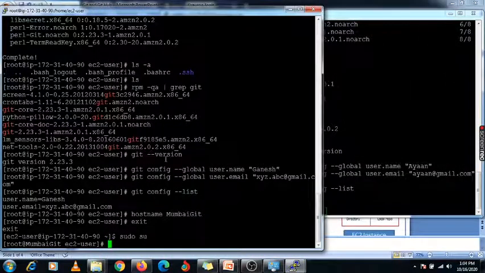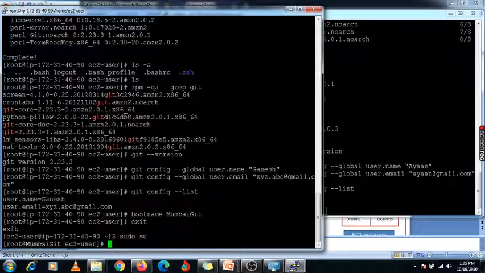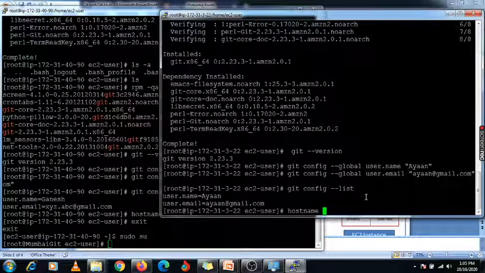Under the Linux machine we have already installed Git on both the servers, and we have assigned the owner author for that particular user. In the Linux machine there is no host name specified here; it is mentioned only using the IP address. So I just need to mention some host name for our reference. Here I have mentioned Mumbai Git, and here I am mentioning Ohio Git, for our reference. We are just renaming their host names.